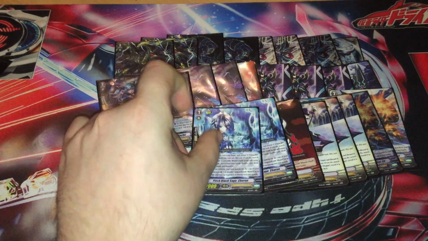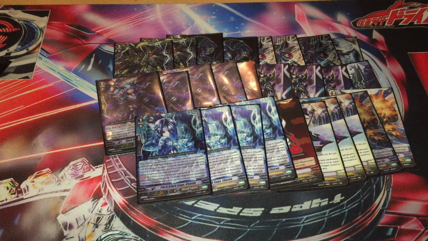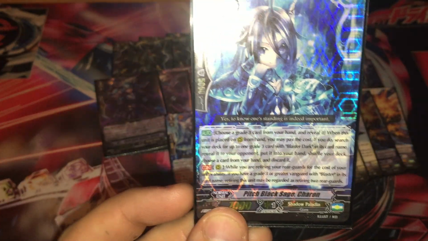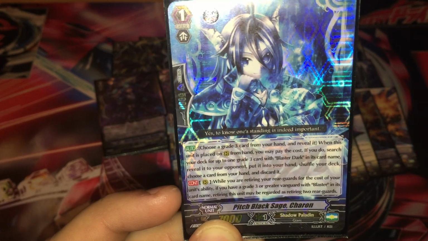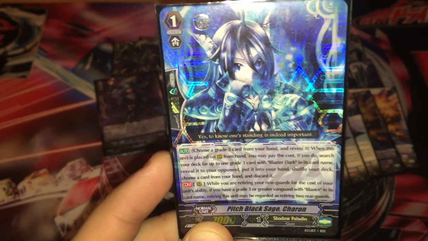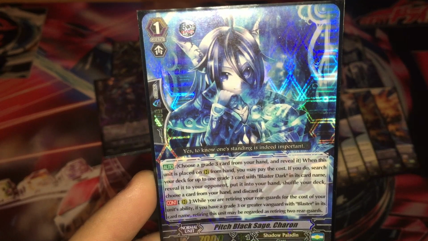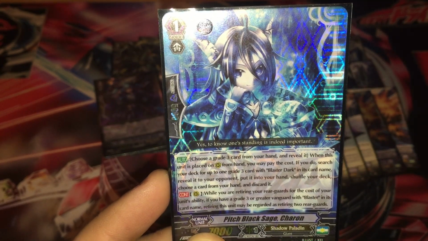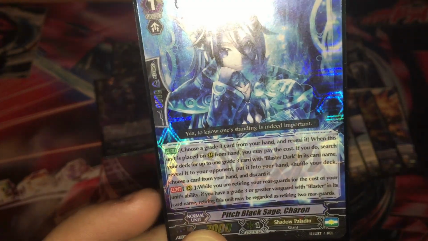Next, run 4 Pitch Black Sage Karens. Again, I pretty much have this in here just for the bottom skill, but the top one, as you can see, reveal a grade 3 in my hand, and then I can search my deck for my Blaster Dark Diablo and add it to my hand. No, once I revealed it. But like I say, I use this more for the bottom skill,